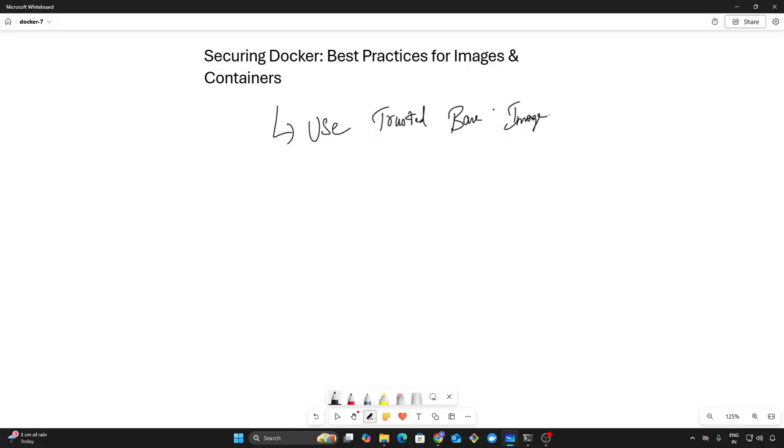Start only from official or verified base images. Never pull from unverified users on Docker Hub. Also, don't generally use Ubuntu latest, because it will just install the latest version and you don't know whether it has any bugs. Just go with